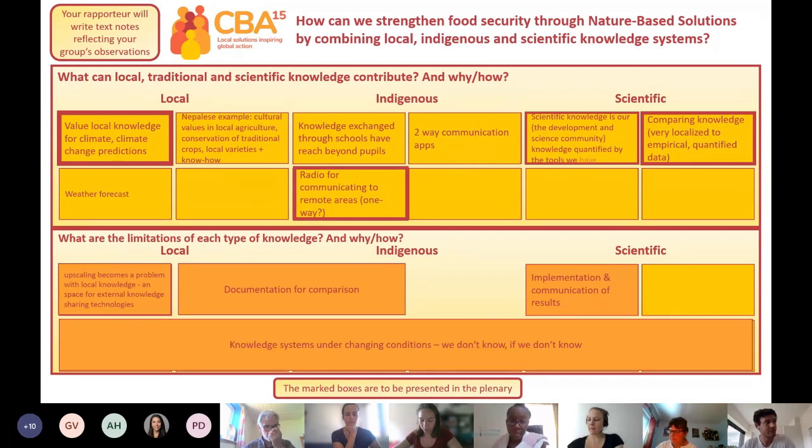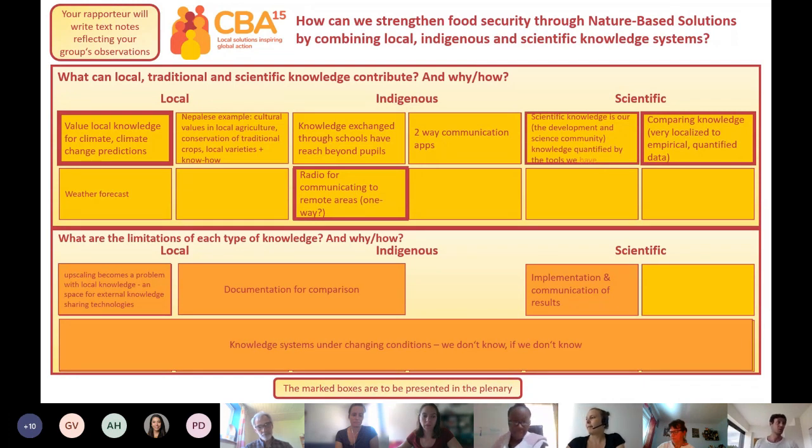And then someone else mentioned the two-way, if there was two-way communication, because if you're only able to reach them through radio, are they able to then feed back into this knowledge system? And somebody else mentioned the apps, which those have their own limitation in the sense that people at the grassroots might not have access to smartphones. I hope I've covered everything. Mm-hmm. Back to you. So that is